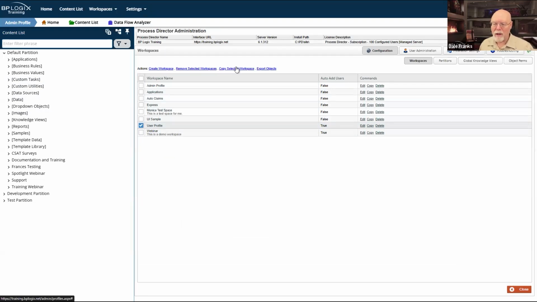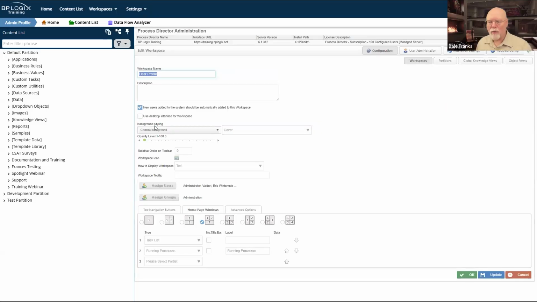You can just copy a selected workspace by selecting a workspace and copying it, and then customizing that user profile copy that you make so that you have a nice generic workspace that everybody can see. And that's one of the important things. You do need to have one workspace, however it is that you'd like to have it configured, as your default workspace for all users. And in my case, it happens to be the user profile workspace.